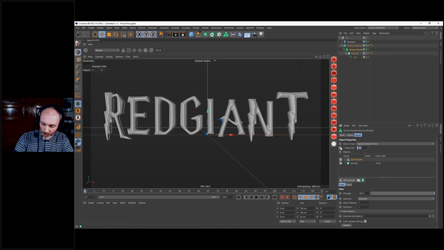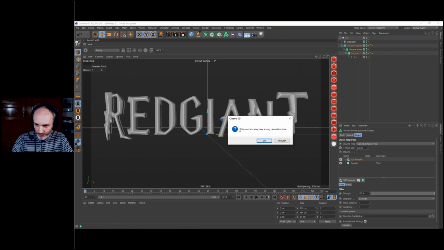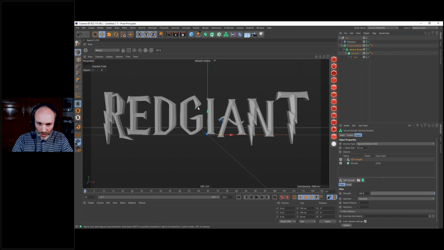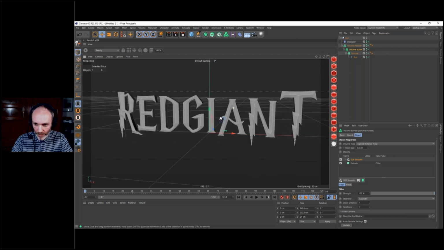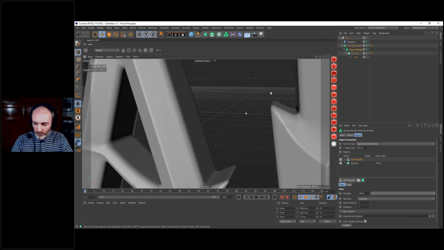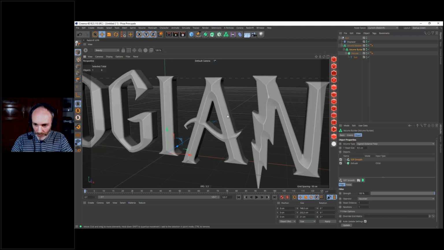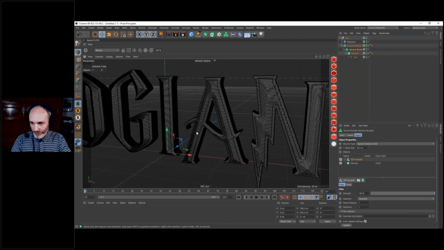On the opposite, if I go to 0.5 voxel, so I have a warning, but I know what I'm doing, so I'm going to hit OK. It's going to calculate and give me this very sharp result. Okay, and here it's a bit lagging because we have a lot of polygons, as you can see.